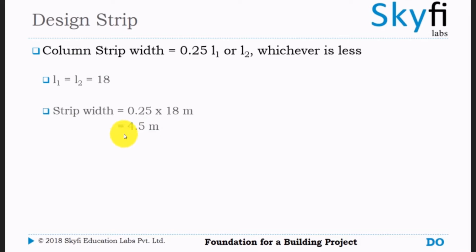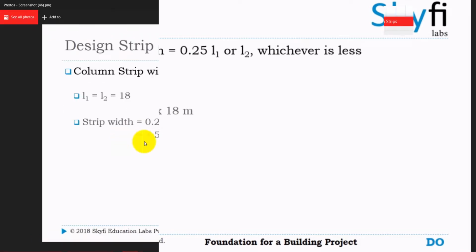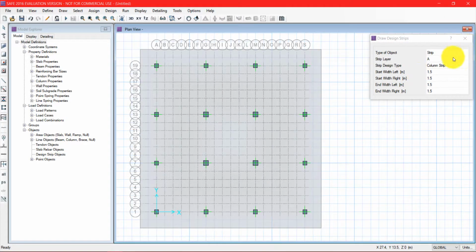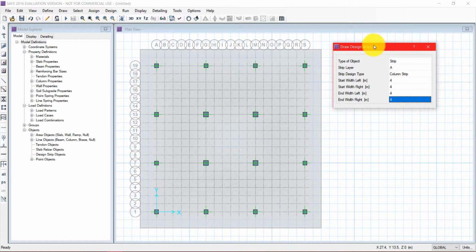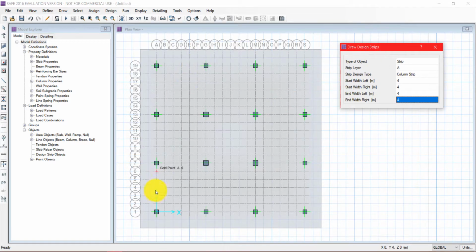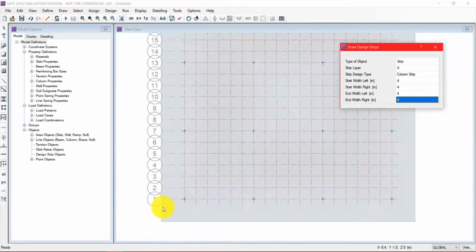So now we'll be taking 4 meters as the strip width. Here we will change the width to 4 in all the columns. We'll be taking strip layer A for the X direction and strip layer B for the Y direction. Let's move on and draw.